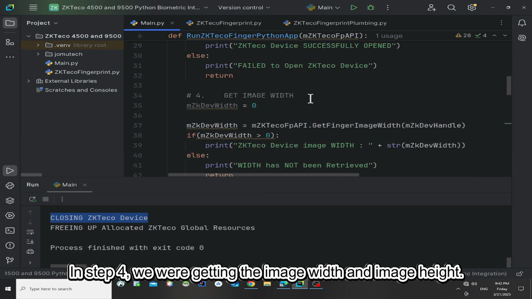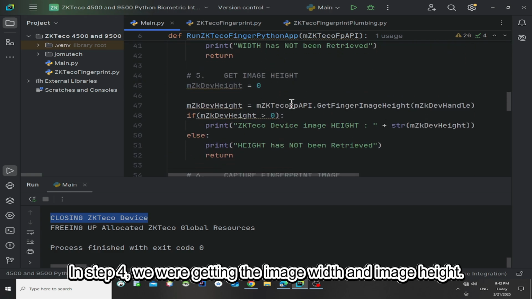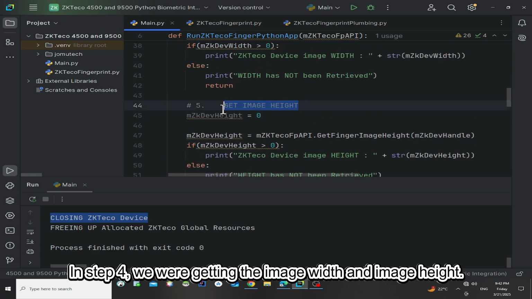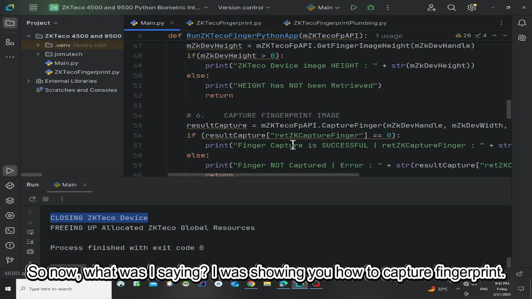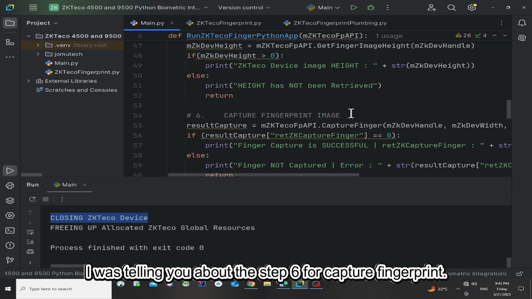Yeah, here and here. I was telling you about step 6 for capture fingerprint.